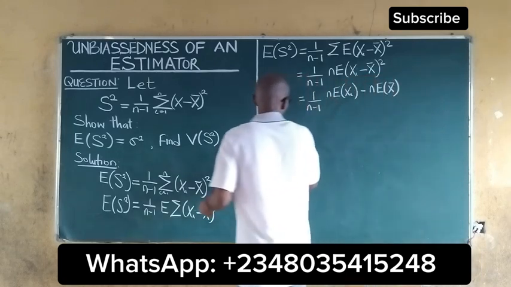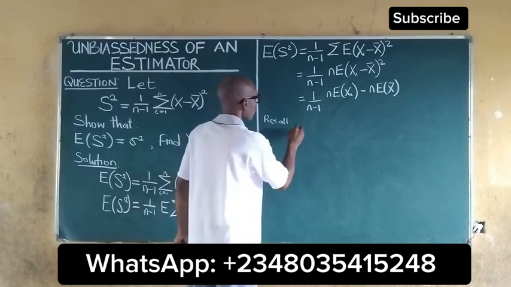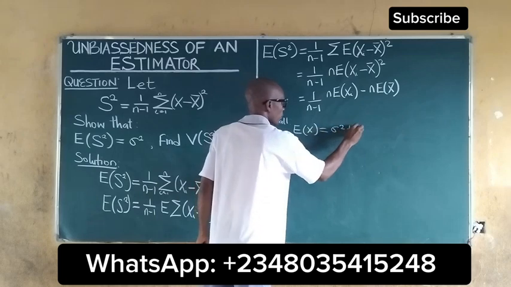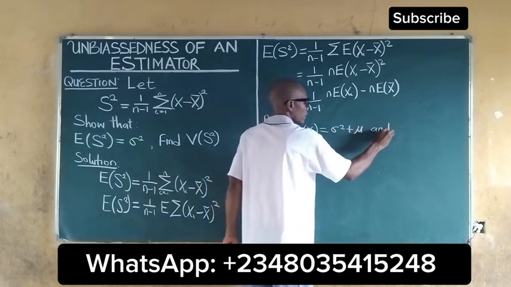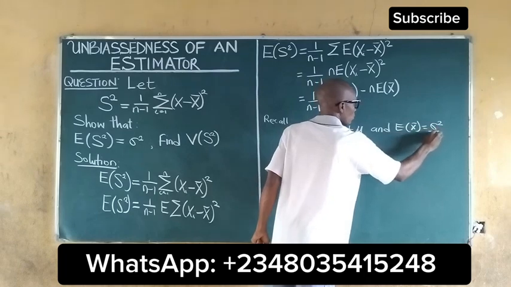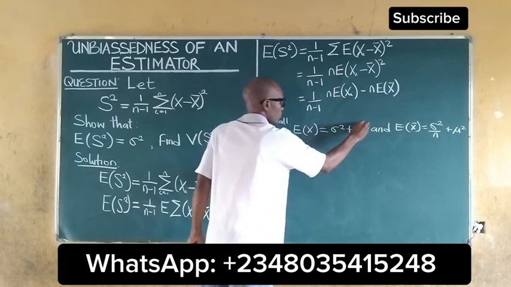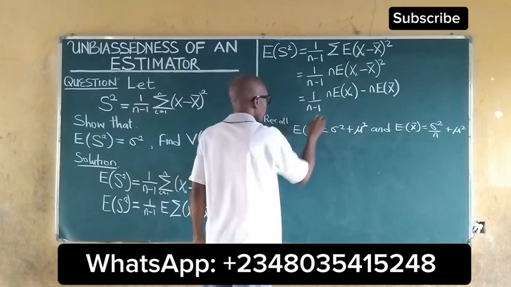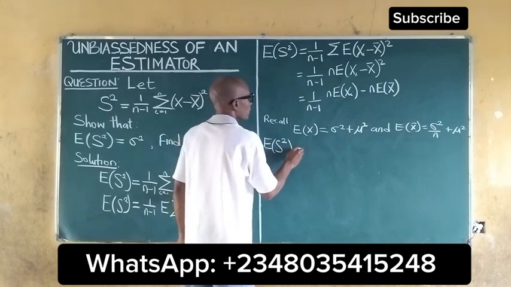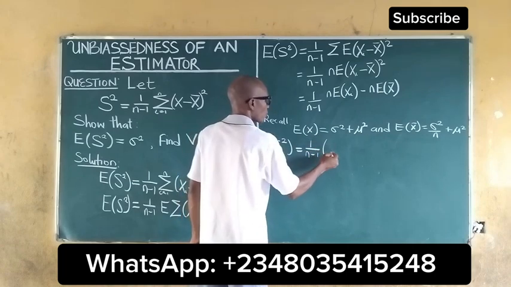We should also recall that the expected value of xi squared is equal to the variance plus mu squared, and the expected value of x bar squared is equal to sigma squared all over n plus mu squared. So infusing this into this, we get that the expected value of S squared is equal to 1 all over n minus 1 times